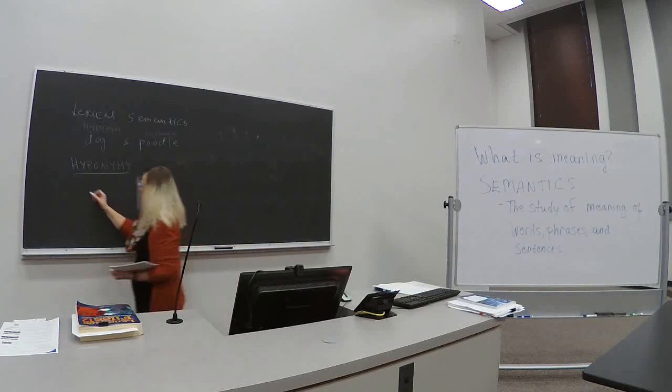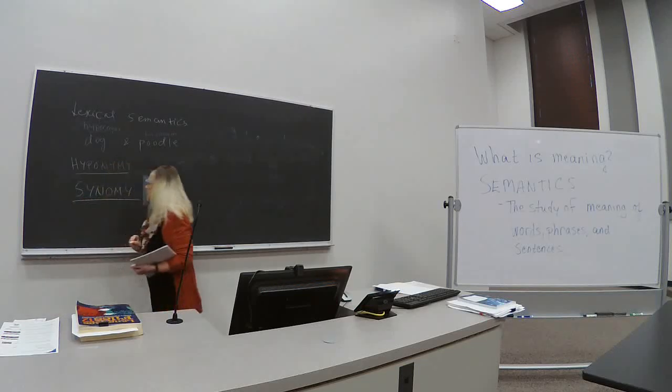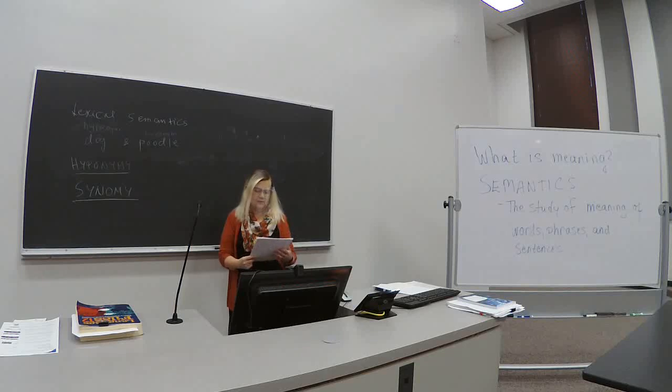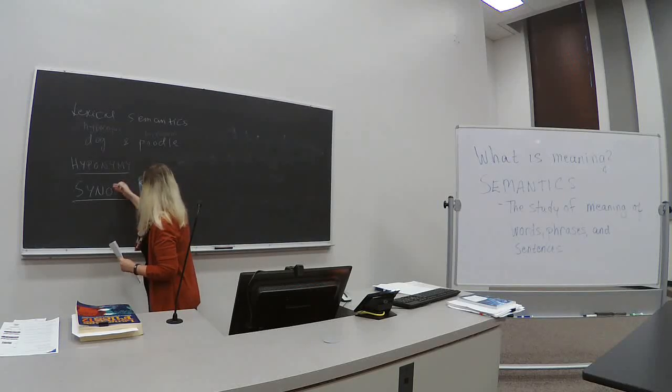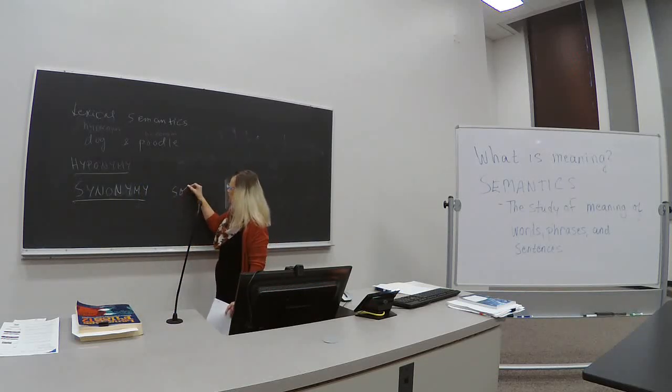Then we have also synonyms, and that's probably something that you learned already in elementary school. Synonymy, let's write the whole word there. So synonymy. If you think of words like sofa,